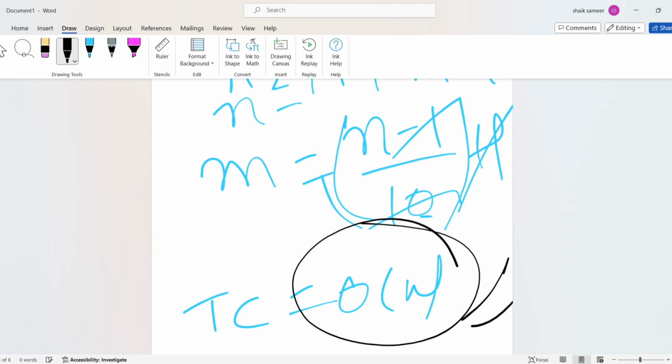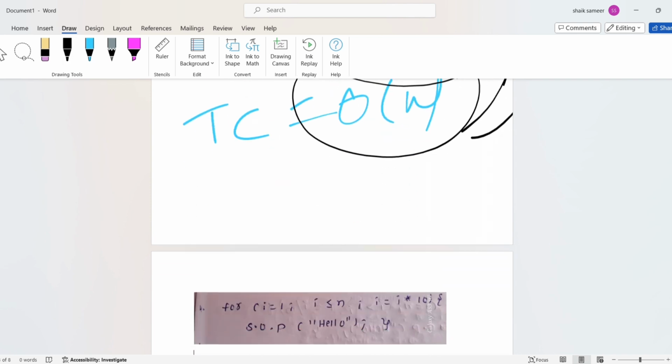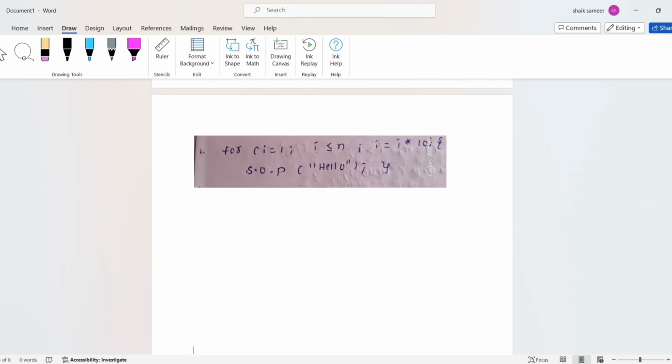Understand how I got it? First equate to n whatever equation you have got. Next, from that you can get the value of m. From that m you can substitute and find the time complexity like this. Now if you take another example, so if you take this example,